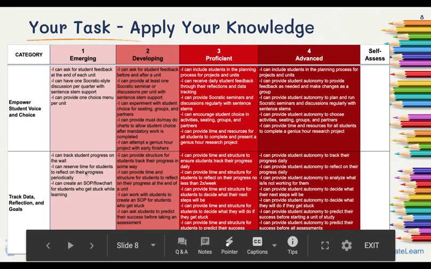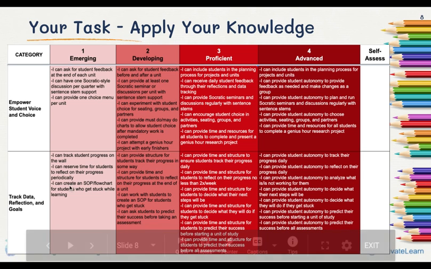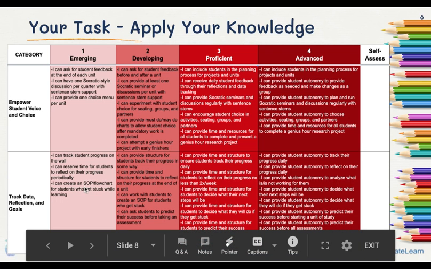You can also reserve time for students to reflect on their progress. So this is up to you. If you're not reserving time, then remember you're going to end up with a New Year's resolution. And then you can create an SOP or flow chart for students for when they get